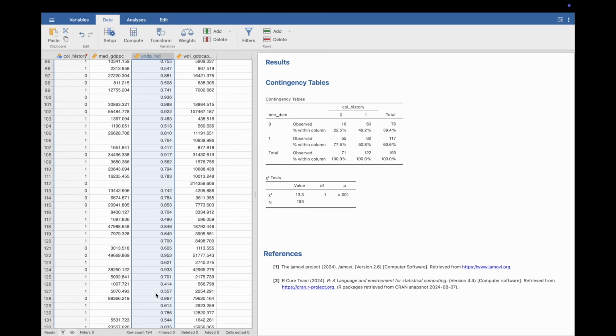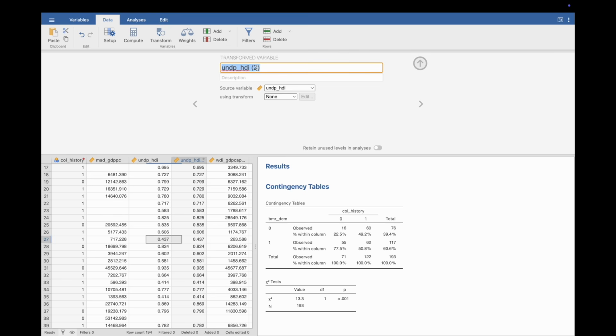HDI scores range from 0 to 1, and a commonly used convention is that a country with an HDI of 0.8 or above is considered developed, while anything below is not. So let's use that same cutoff to build our dummy variable. Click on Transform, ensure that UNDP-HDI is the source variable, type in the name of the new variable, say HDI_dev,